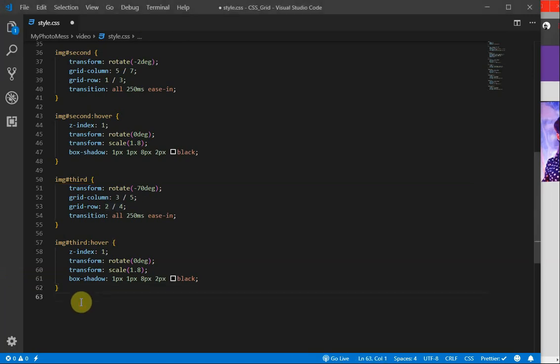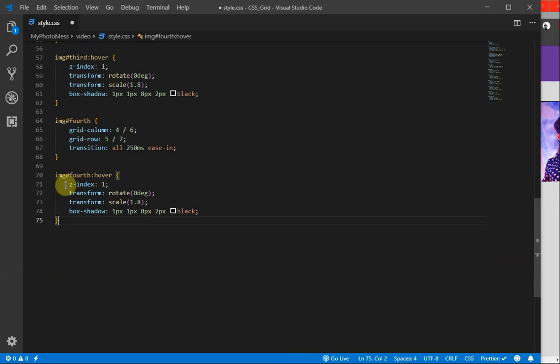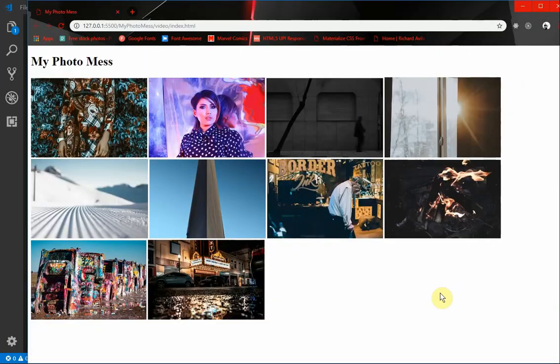And this one we're gonna give, I don't have a rotate for its initial one, so this one's just gonna be the same. It's gonna be regularly horizontally aligned. I'm not changing the rotate at all. But we're going to position it on 4 and 6 on the column, 5 and 7 on the row. So it should be,